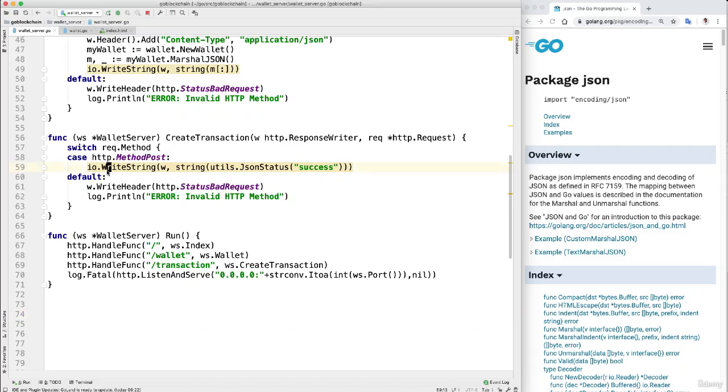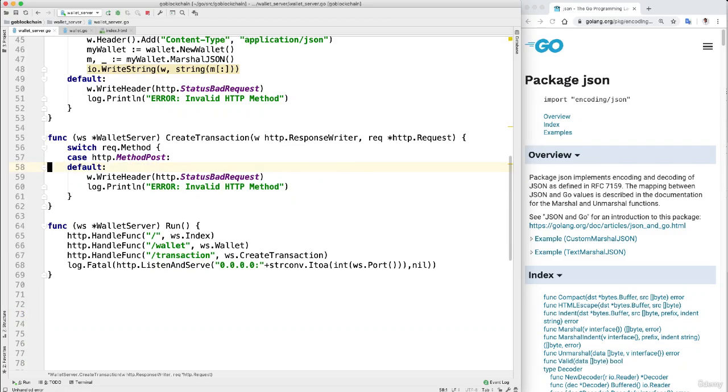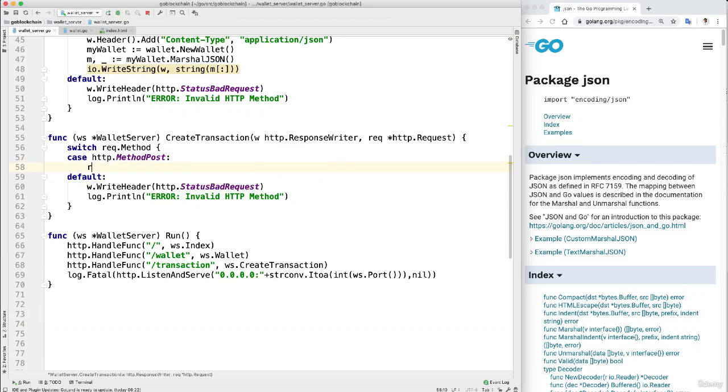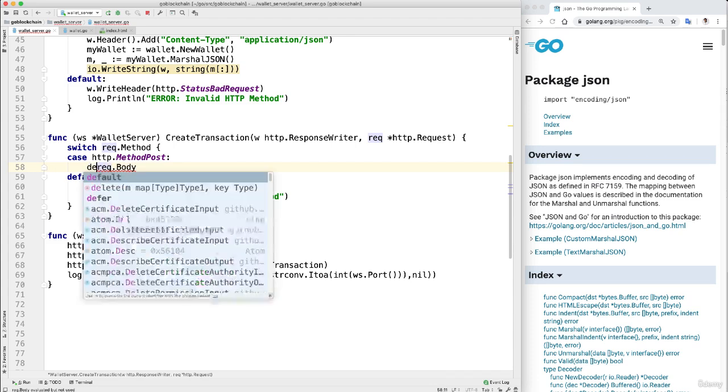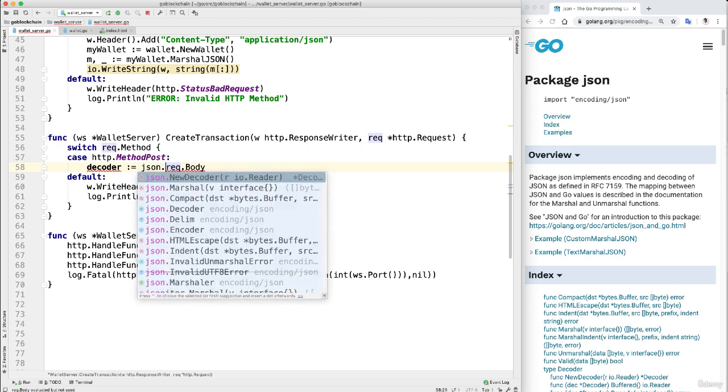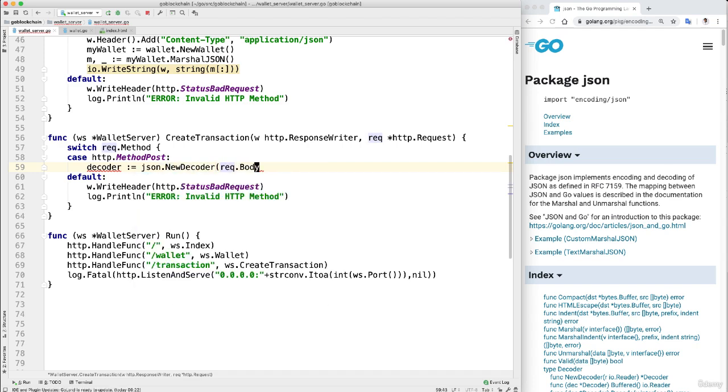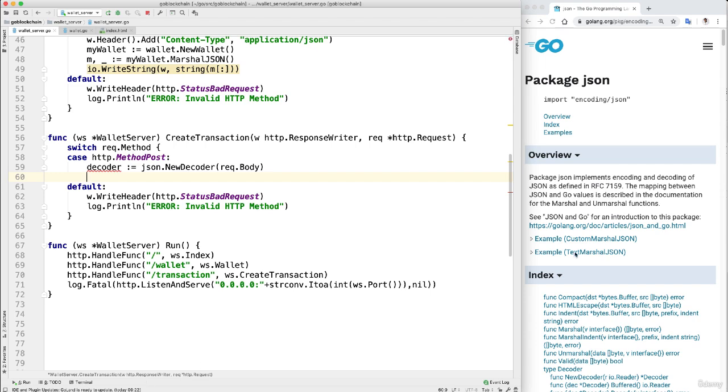Now we're going to remove this method from our post. And from our front end, we're going to use rec body and send our transaction data using JSON. We need to decode JSON in our backend, so we'll write decoder, JSON, new decoder. That's how we're going to run the program, and regarding this, right now, I currently have on the right side,